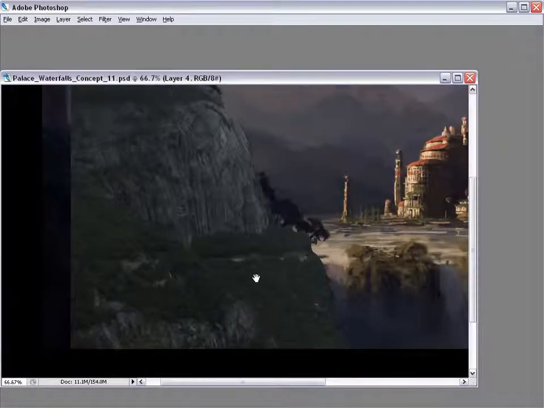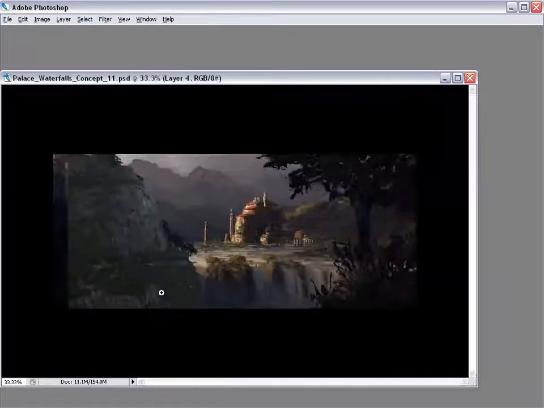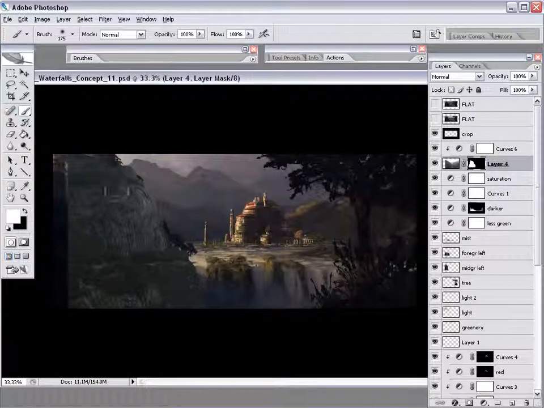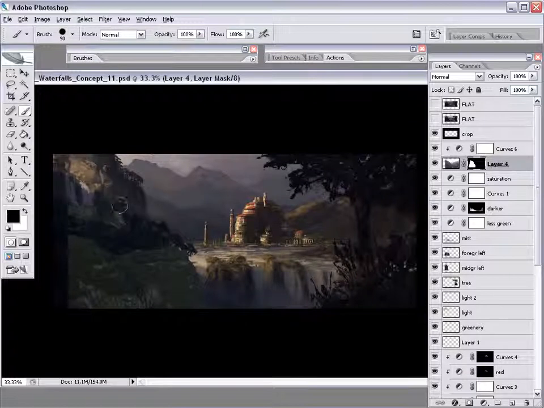Color curves is something that I tend to use a lot, and with the color curve adjustment layer, it allows you to keep the element, in this case the rock texture, keep the